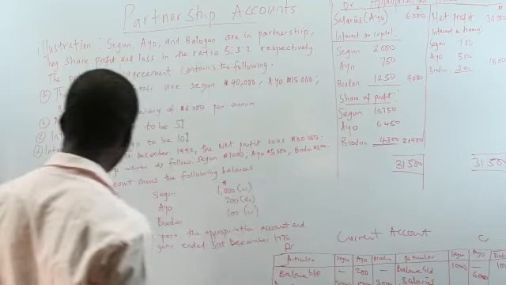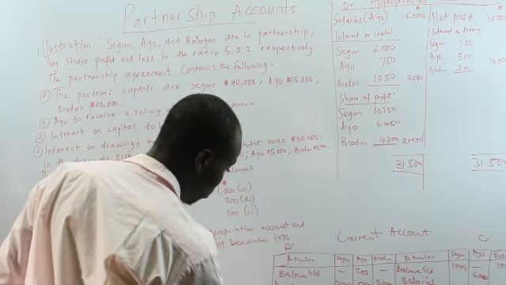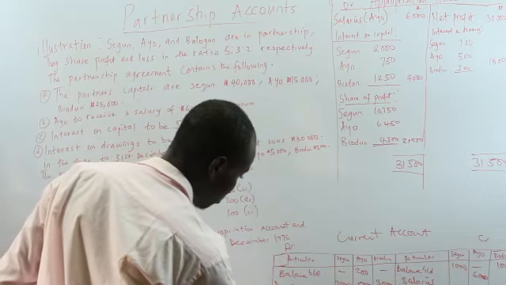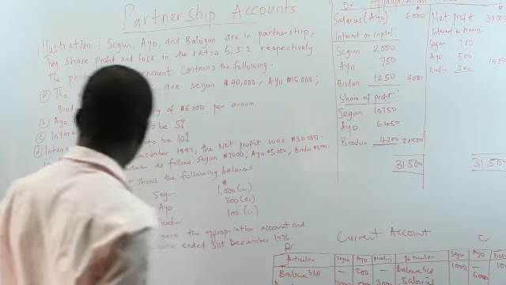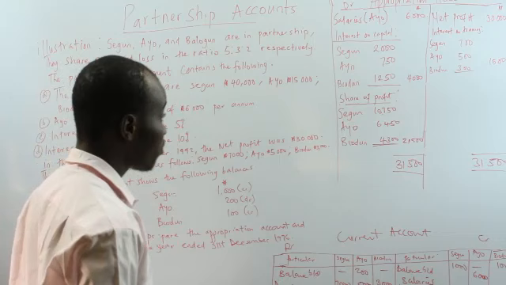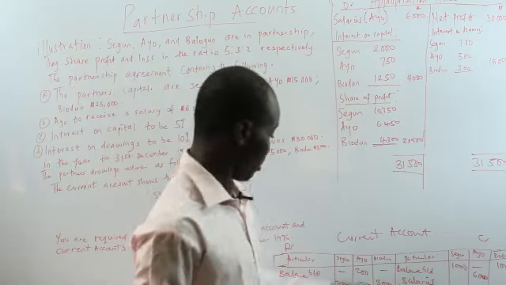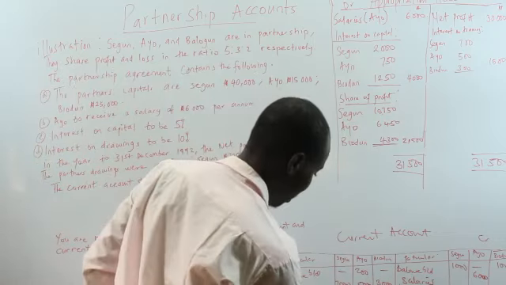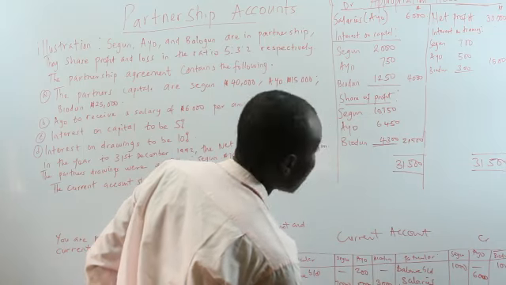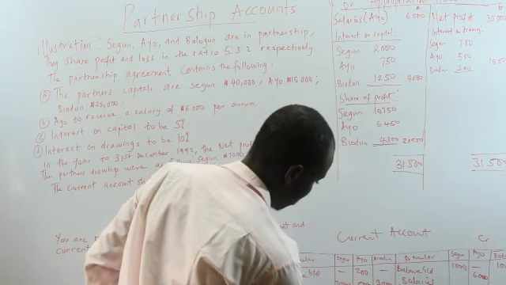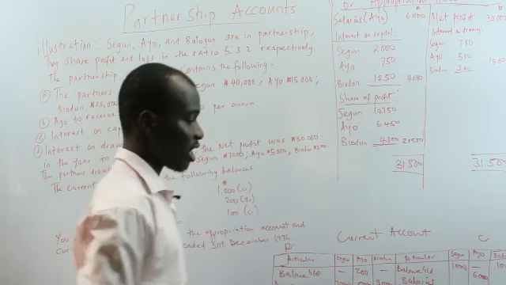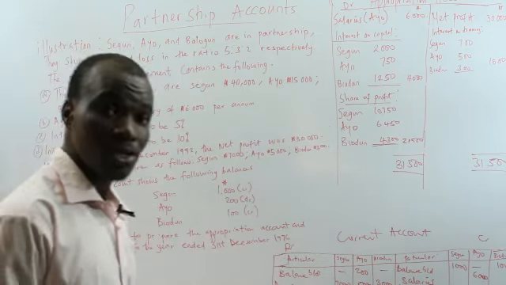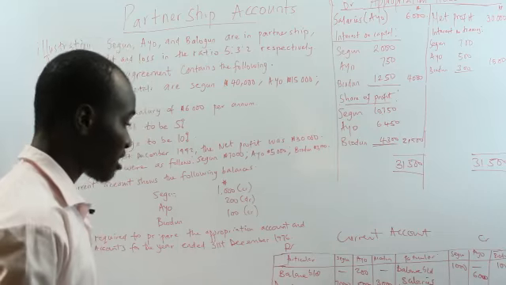So the next thing is the interest on drawings, which also serves as a deduction. So on interest on drawings, the principle is to credit this and debit this. So we have 700 naira, 500, which serve as a charge to their current account, a charge to the partners. So the next thing is to balance the account.